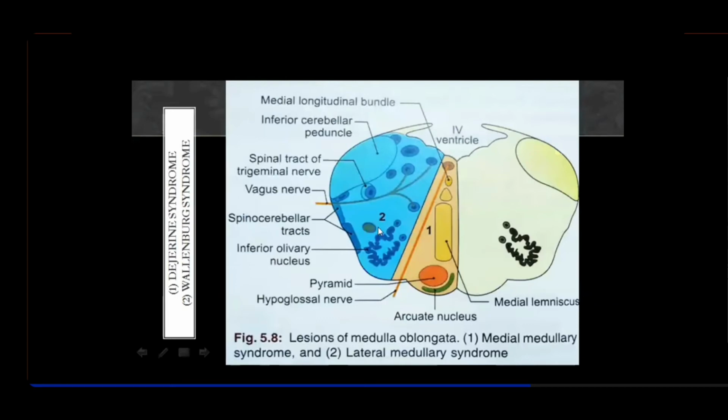The next thing you see is this nucleus. Now this is the lateral spinothalamic tract, an ascending tract carrying pain and temperature fibers from the opposite half. Remember, I told you one very important thing: if it's asked which tract crosses to the opposite side immediately, at the very same level, the answer is the lateral spinothalamic tract.